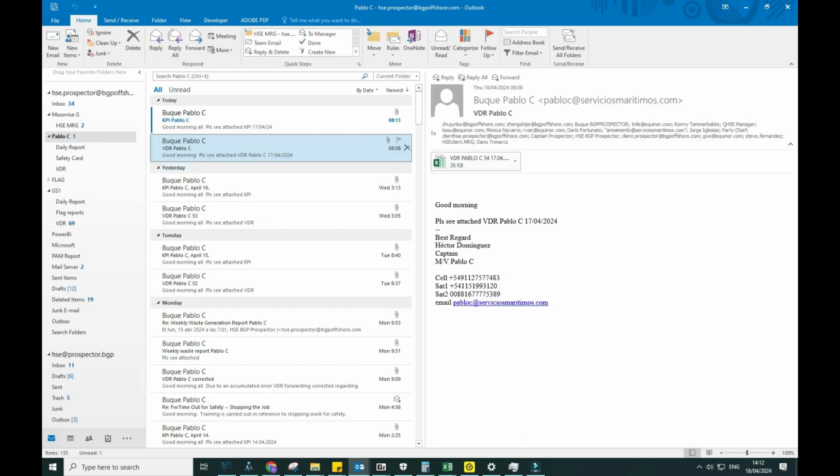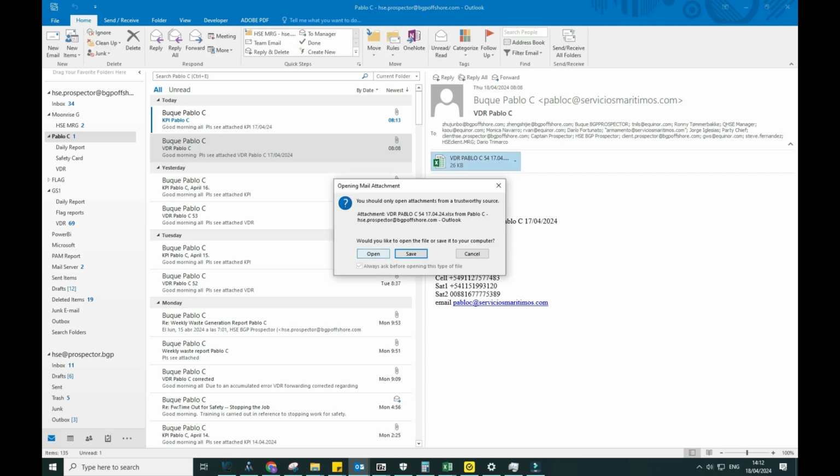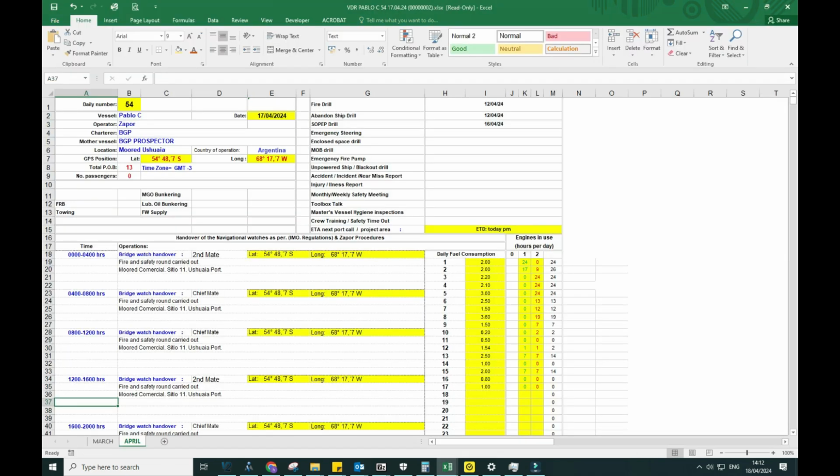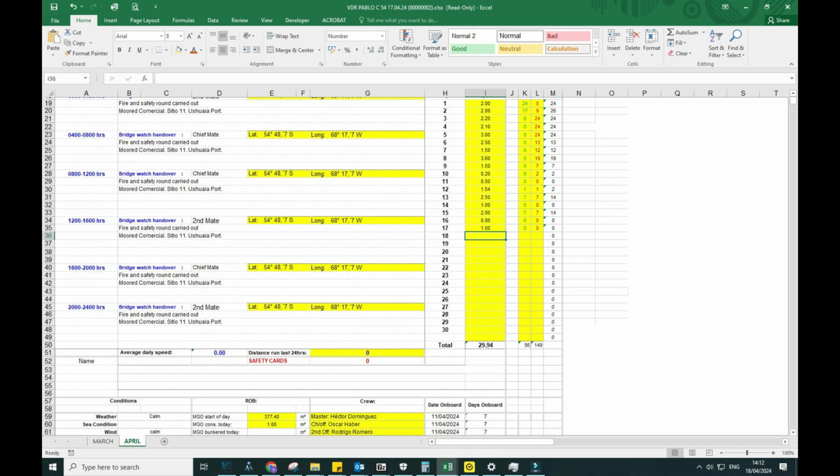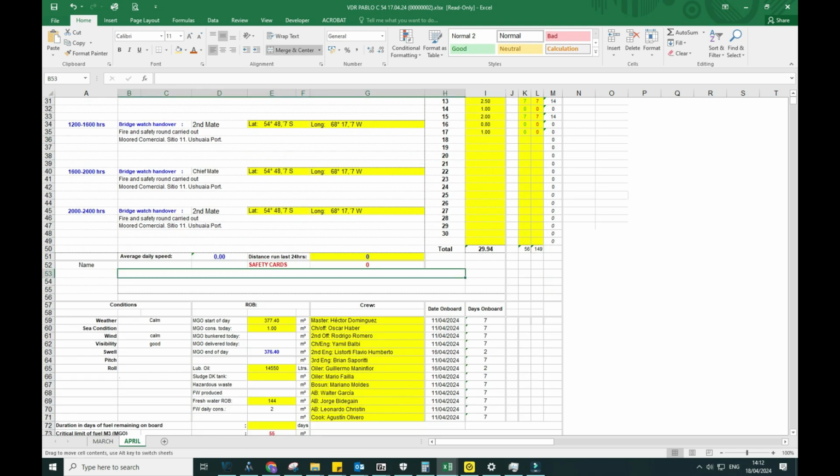Okay, every day we do receive 2 emails from them, the VDR, which provides us a spreadsheet of their fuel consumption and waste disposal figures. And then here, safety card, so there's no safety card for the day. Whereas for